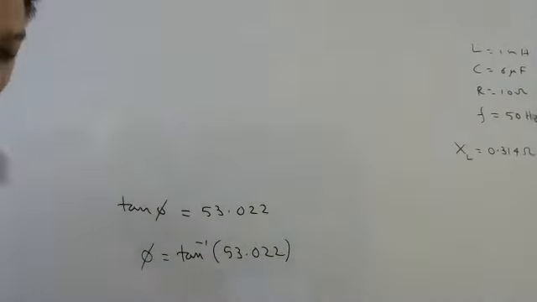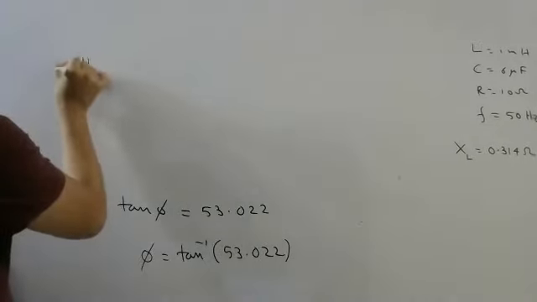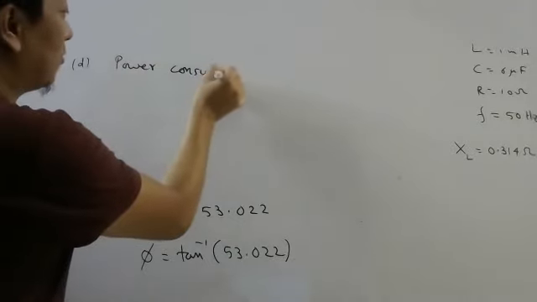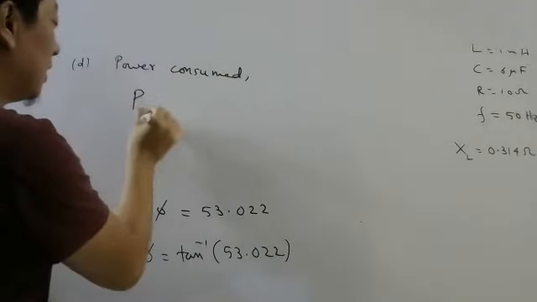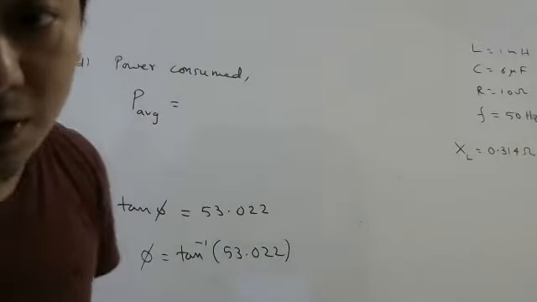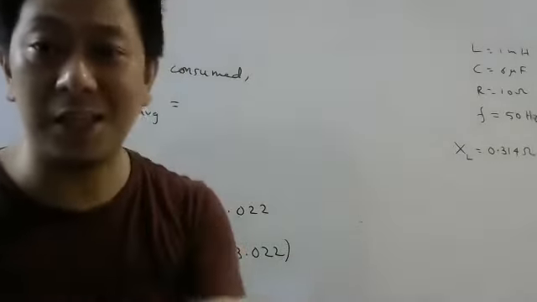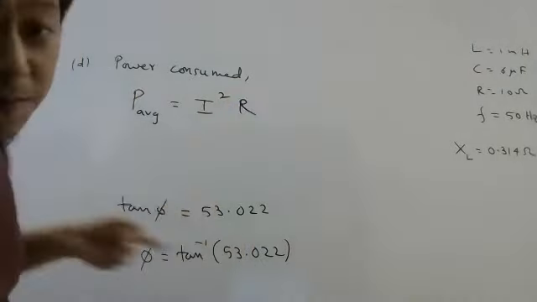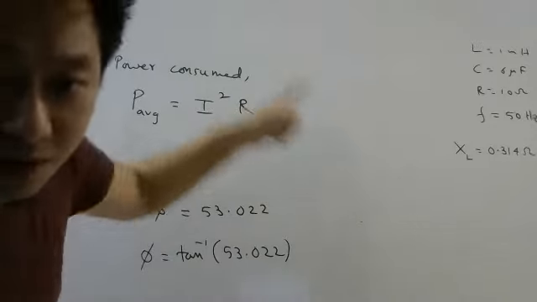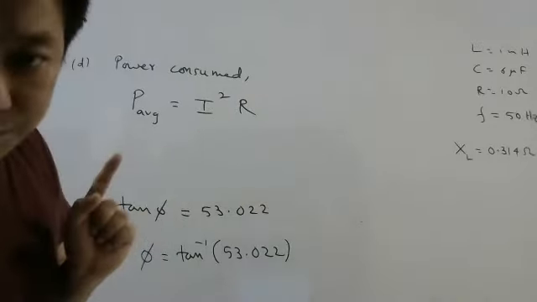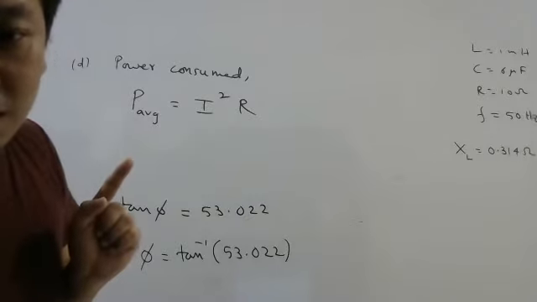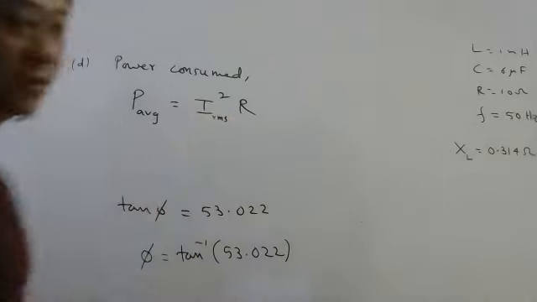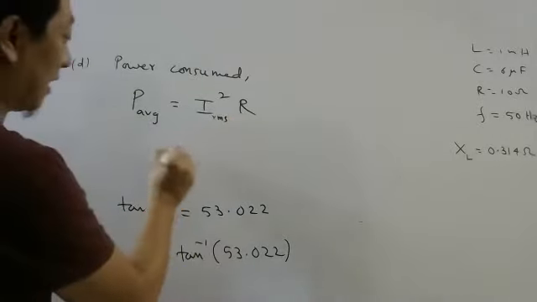Power factor is deleted. And the last part is power consumed. For the power consumed formula, just remember whatever you did in the current electricity chapter. Only thing is I you replace by IRMS. Usually you write I square R, yes or no? Prakriti, this is the formula we write for power in a resistor. For the AC chapter, you replace this by IRMS.